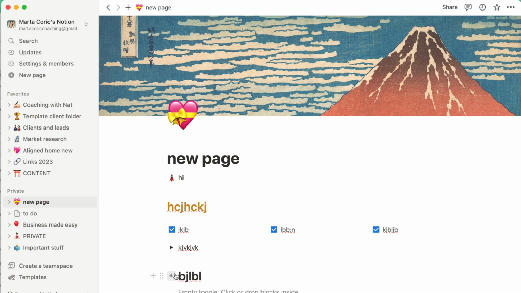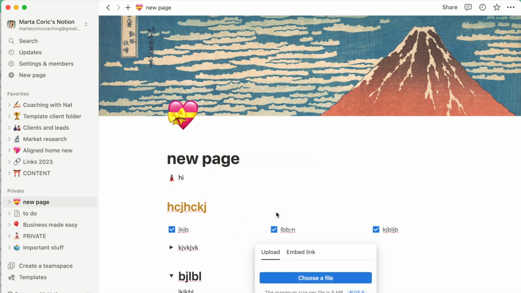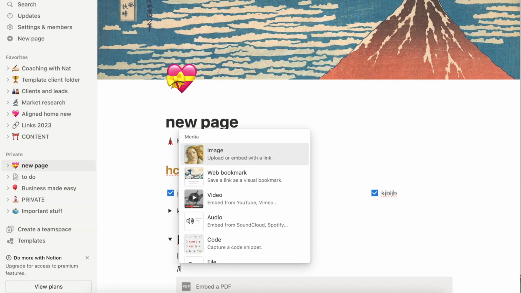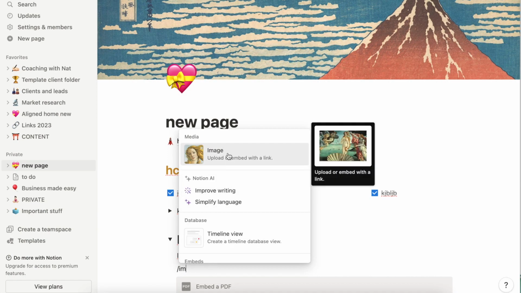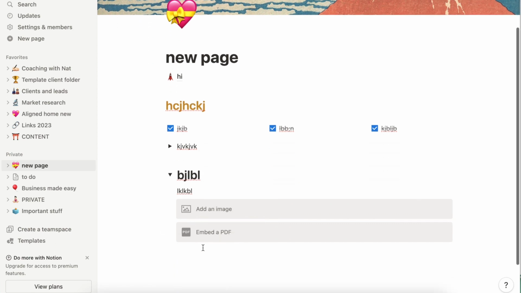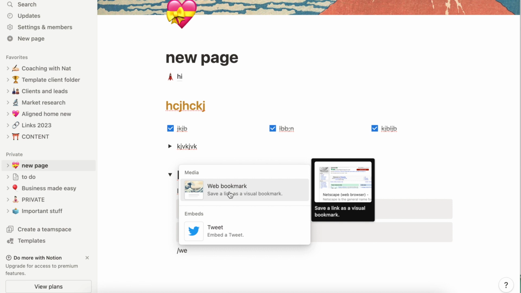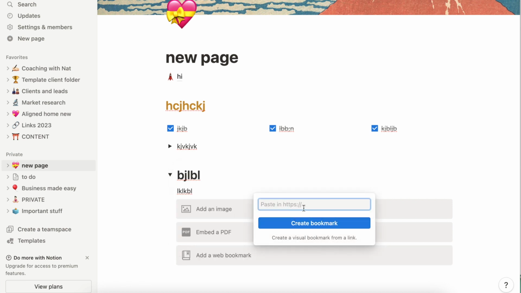And then you can have things below that heading. You can add a PDF from your laptop, for example. So you just need to upload it. You can add an image that you can then embed and upload. You can even embed websites, so web bookmark. So if you add the link to the page here, it can create a bookmark over here